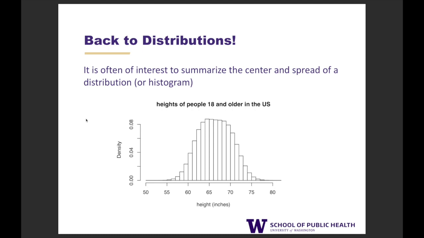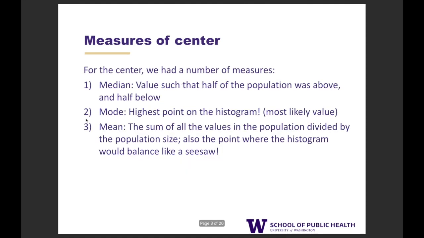And here we have that histogram we looked at earlier in the quarter, which is a histogram of heights of people 18 and older in the US measured in inches. And again, this is not the real histogram of heights. This is a histogram that I constructed that was supposed to roughly model what heights in the US look like. So let's imagine this indicates the heights of all people over 18 in the United States. All right, so